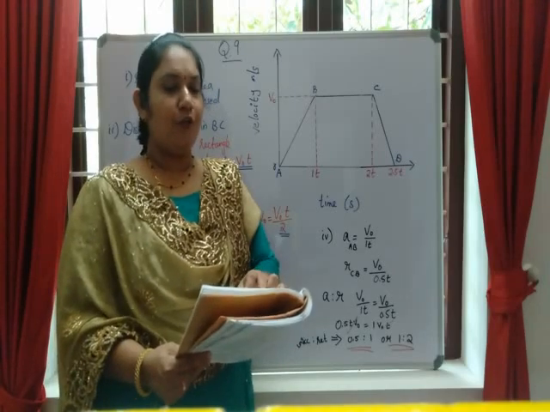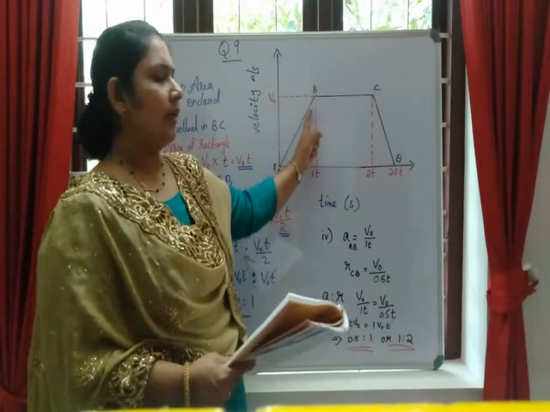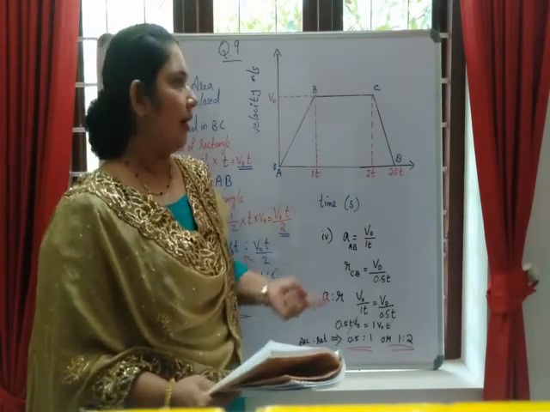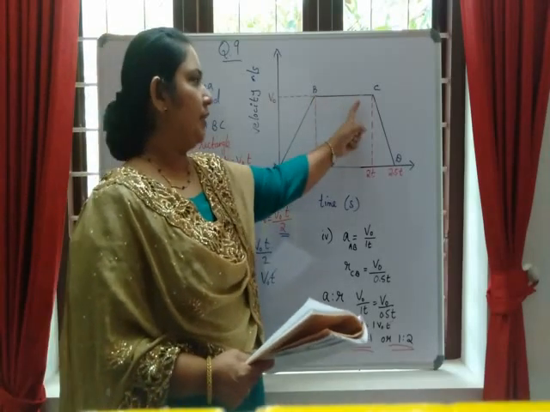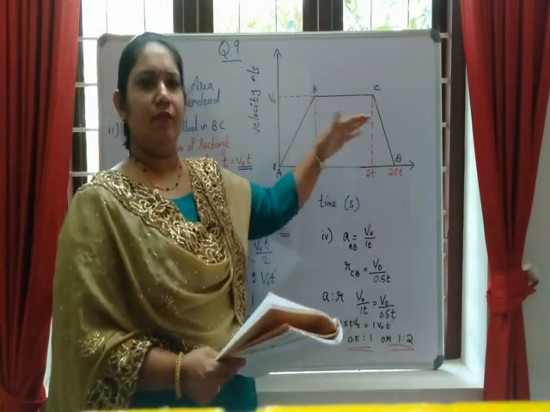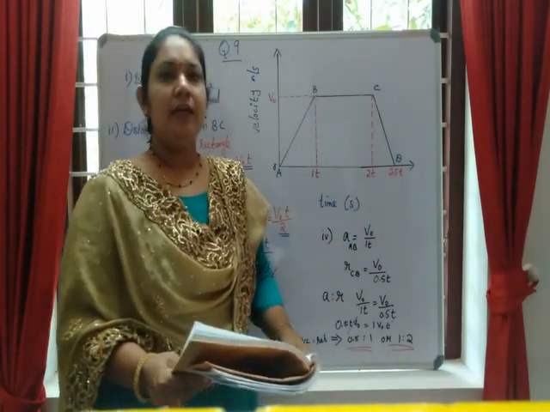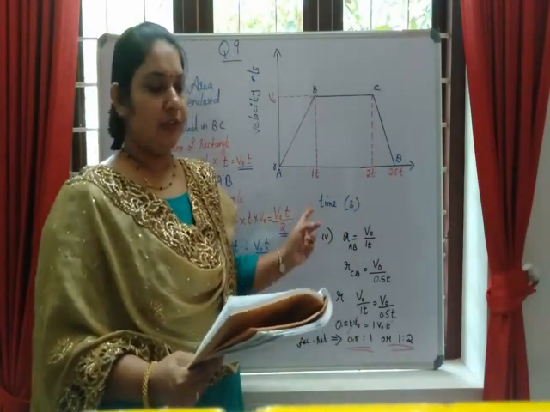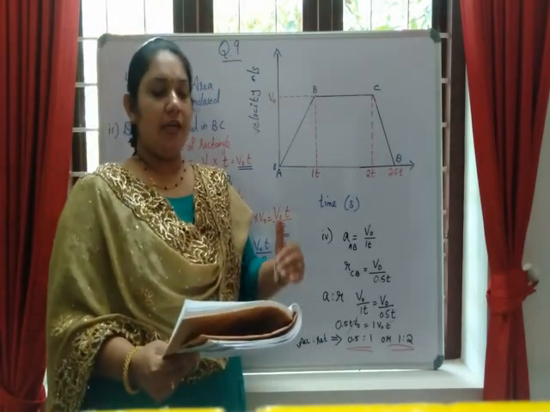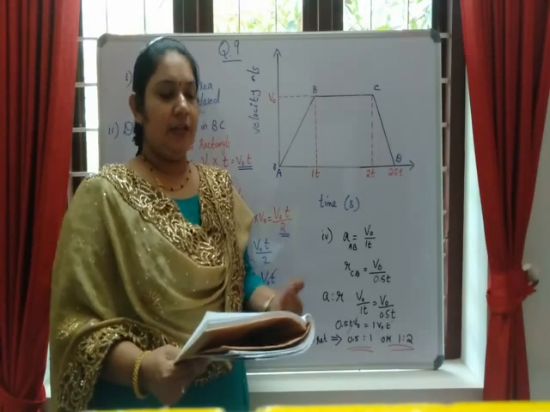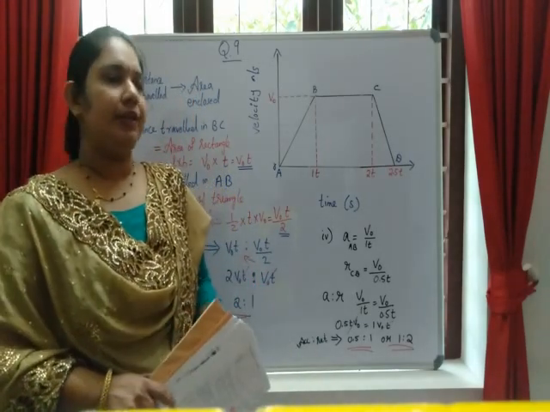Next, uniform acceleration. We are giving the acceleration. Acceleration is AB. And what about retardation? Retardation is CD. So here it is clear. BC shows uniform velocity, same velocity. AB shows acceleration. CD shows the retardation. Last question is, is the magnitude of acceleration higher or lower than retardation? Give reason. Compare the magnitude of acceleration and retardation.